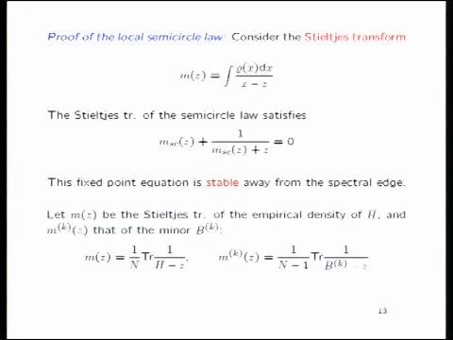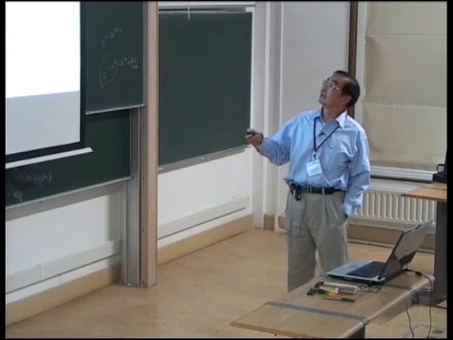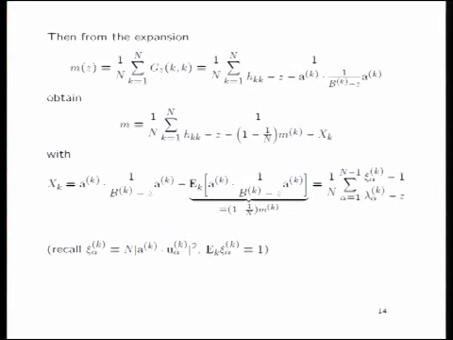Okay. So now let's look at the Green function. This was the Green function we started with in the beginning. And then you let m_k be the Green function of the k-th minor. The k-th minor is where you remove the k-th column and k-th row. Then again we did exactly the same thing: you compute the Green function, taking the summation, and then you use this formula I just mentioned in the beginning, and